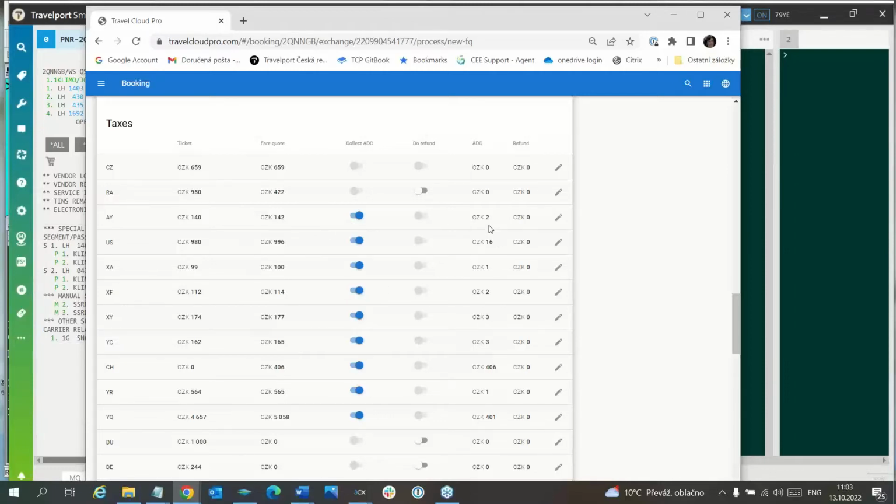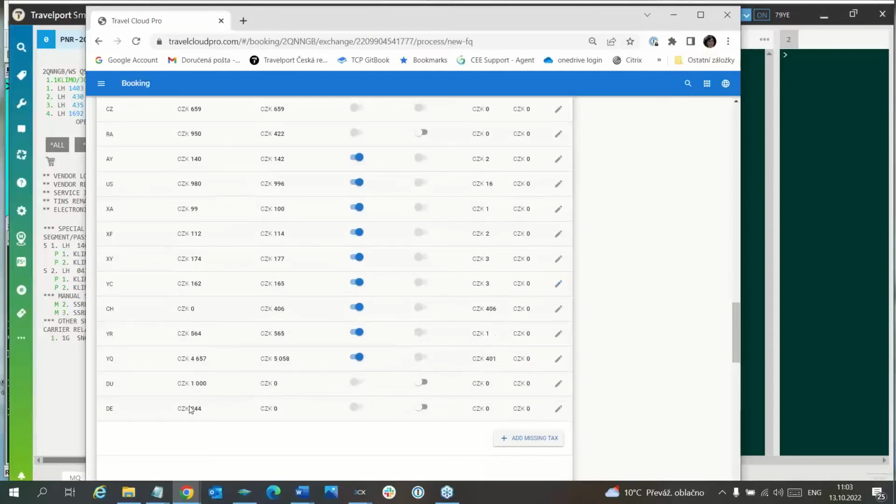So you can see here is additional collection 2, CZK1, CZK and so on, because the rate has been changed. If you don't want to collect 1 CZK because it is nothing, you can again switch off the bulb and this 1 CZK will not be collected. But you can leave it as it is. But DU tax can never be refunded. DU tax is penalty. But what can be refunded is this DE,